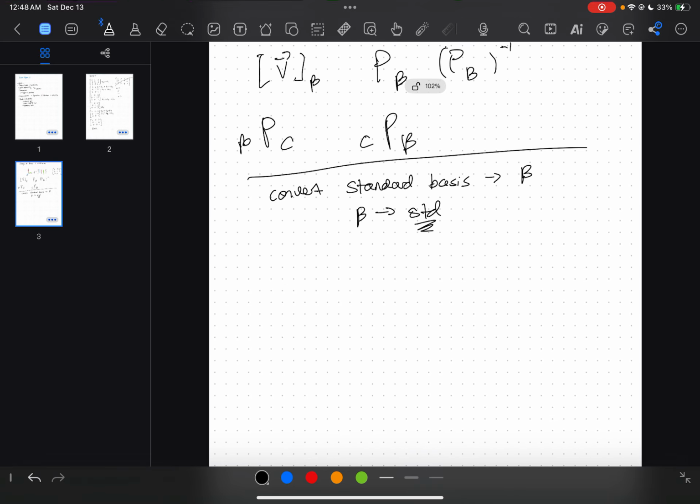In that case, you're given either PB, or you're given a vector in B, and the formula is